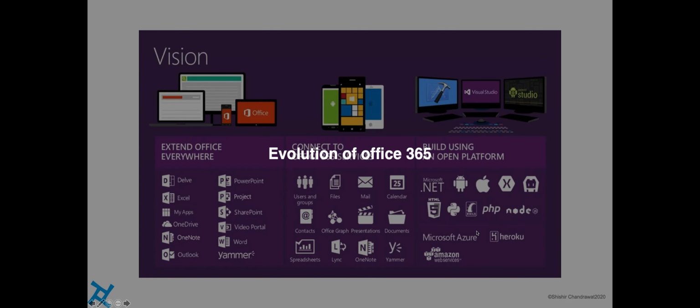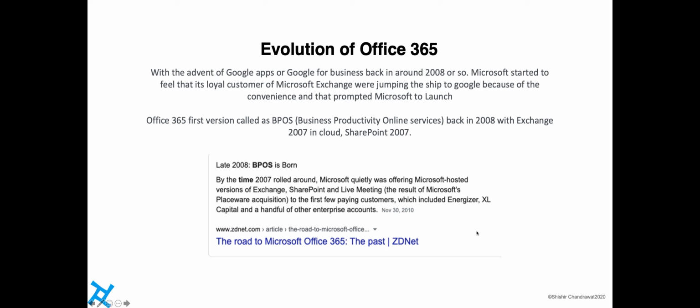Let's talk about the evolution of Office 365. With the advent of Google Apps or Google for Business back in 2008 or so, Microsoft started to feel that their loyal customers for Microsoft Exchange were jumping ship to Google because of the convenience, and that prompted Microsoft to launch Office 365. So, like I told you, back in those days there used to be co-location facilities,